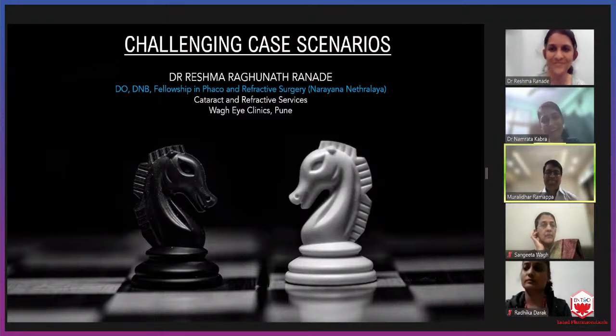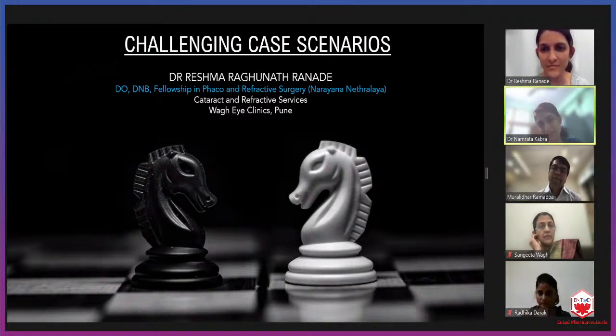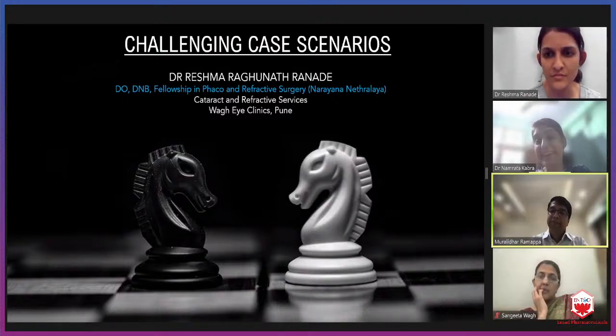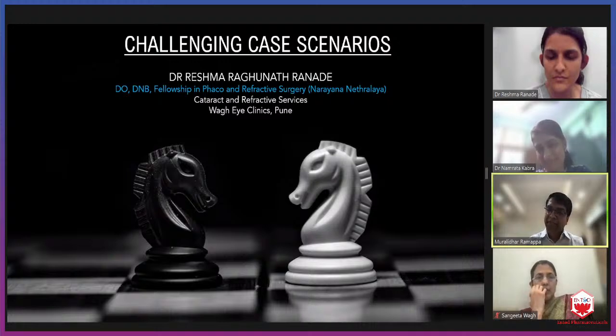Any role of topical cyclosporin or tacrolimus, and in which cases? Yes, I consider tacrolimus in any high risk cases: if it is a second graft, if there are more than 2 quadrants of vessels, if we have done any combined surgery, if it is a precious one eye, if we have attempted prior glaucoma surgery or a tube. These are all indications for me. And if somebody had more than 1 or 2 episodes of rejection, those are the cases where I keep them on